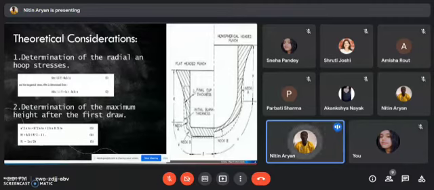Second one is determination of maximum height after first draw. Considering a circular blank of diameter 2a and an original thickness is to be formed into a cylindrical cup of base diameter 2b and a height of h, where a and b are the radii of the cylindrical cup. For simplicity, assuming there is no change in thickness, which is very justified from the experimental results of